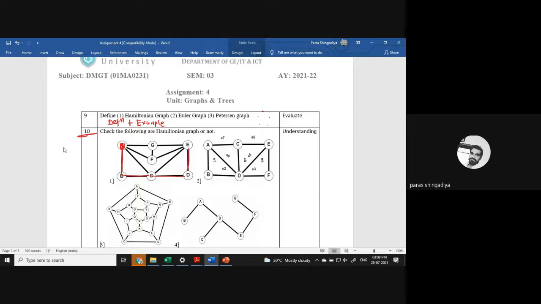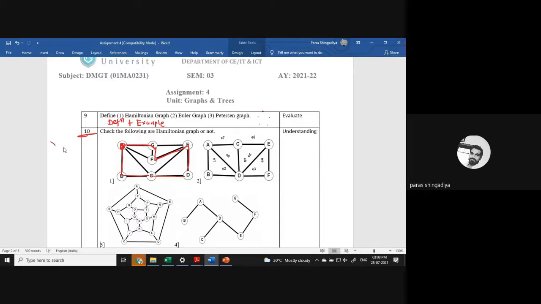Then D to E. From E, I will reach F, F to G, and G to A again. From A to A, all the vertices are covered. How many vertices are there? 7 vertices. No single vertex is repeated except starting and ending. The starting and ending vertex will repeat, but all the vertices in between are used a single time only. And after that you write the answer in this way.